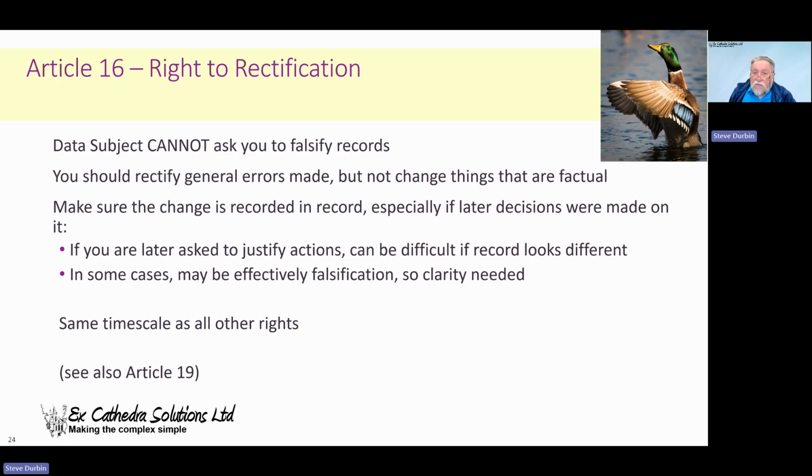This is very common with people with mental health difficulties, I would point out, because sometimes they don't remember what happened and they think therefore it didn't happen. And that can be a real challenge. I've had a lot of these cases back and forth with the Information Commissioner over the years, where we know it happened because we've got evidence. The patient says it didn't happen because they can't remember it. It's a challenge for everyone. Be as sympathetic as you can, be as reasonable as you can, change things where you reasonably can. But when you can't, make sure you're very clear on the reasons for refusal.